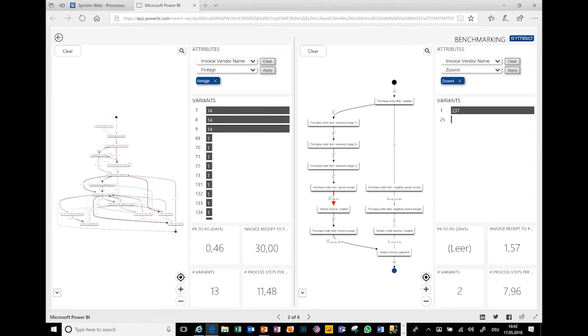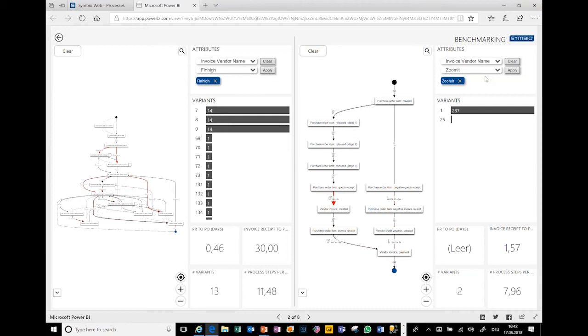So with just one view, you see that the exact same process is much more complex with the vendor FinHigh than on the right side with the vendor Zoomit, and you have some key KPIs on the bottom. You see the number of variants is with 13 different variants much more complex than with two variants. And so you can compare vendors.